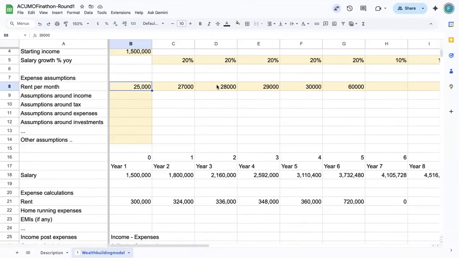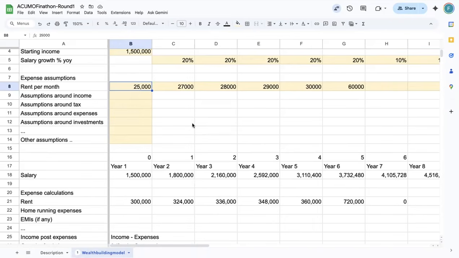The whole point is to make an assumption on the salary and other expenses that come with it. It's not just about this. There can be a bunch of other things also. We want you to make a set of assumptions. We need to make the calculations around those assumptions and also think about other things that we have not necessarily put down over here. That's essentially what will differentiate the entries that come for the competition.